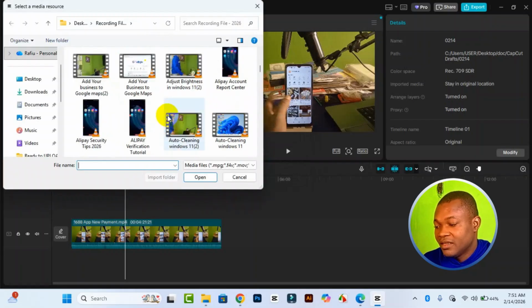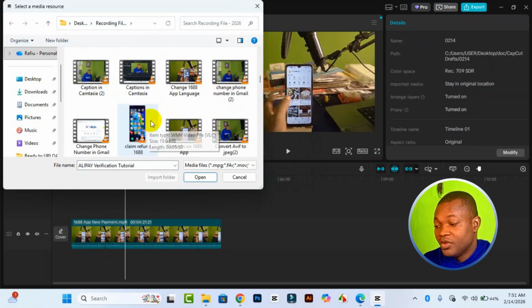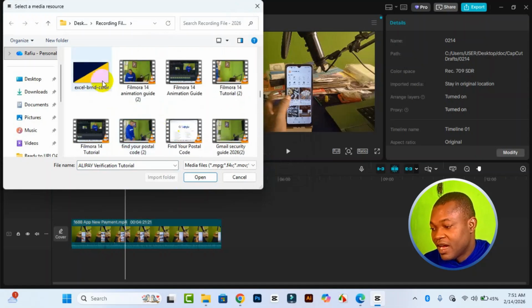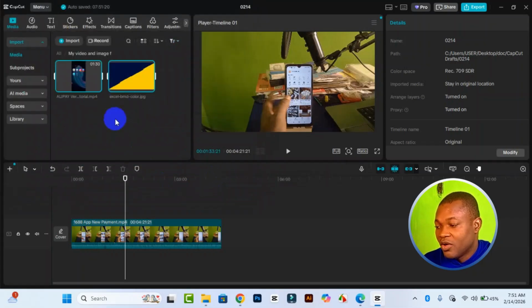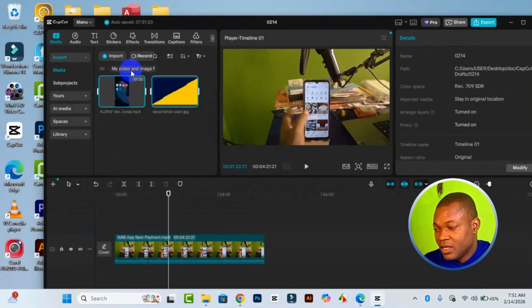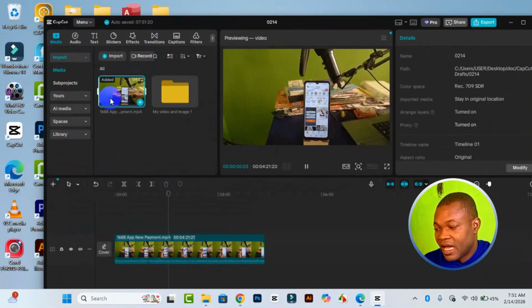Then here you can import as many as possible, video file, image file, or whatever. Select one after the other as many as possible. Then you have your folder one right here. So by the time you come to your media right here, and by the time you click on all right here, then you have your first clip right here, and then you have your folder